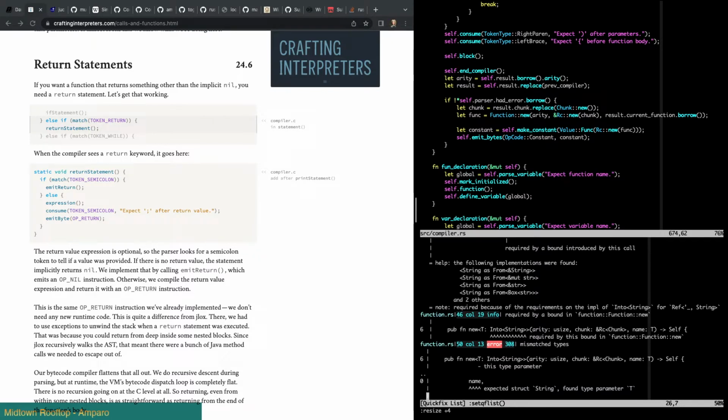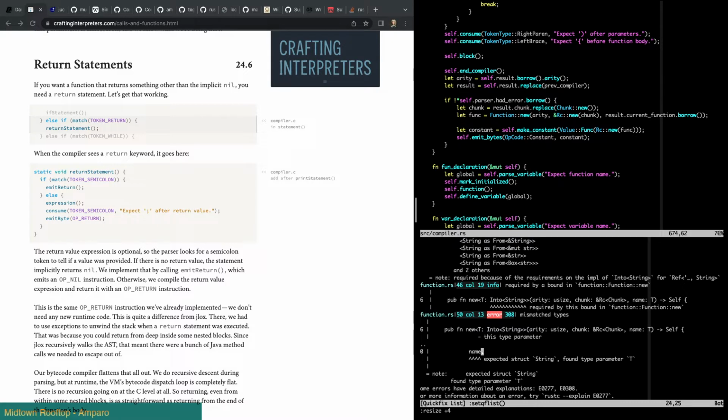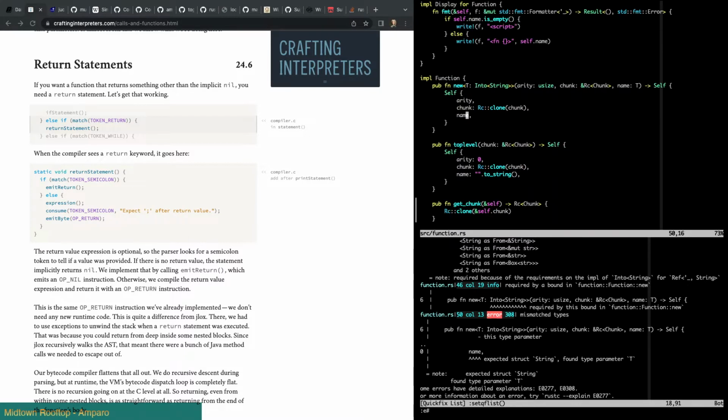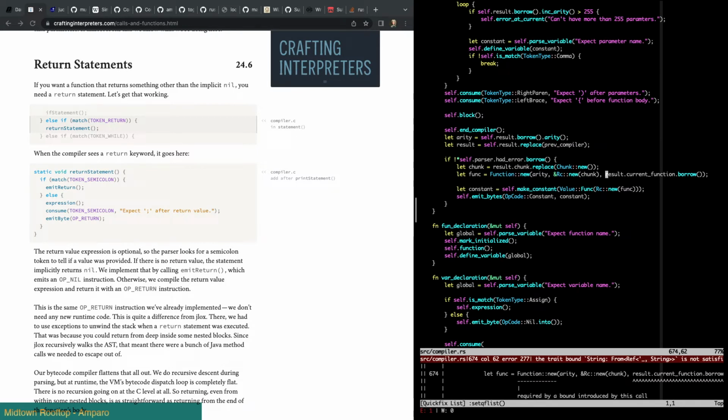Mismatched types. That's a shame. Okay, so expected string, found type parameter T. I was hoping that this would just work the same way. Let's into that. No, it still has an issue. The current function borrow should be a string, right?